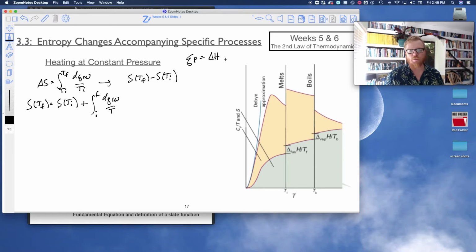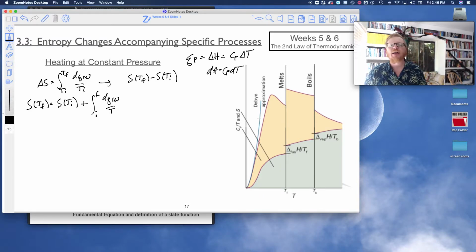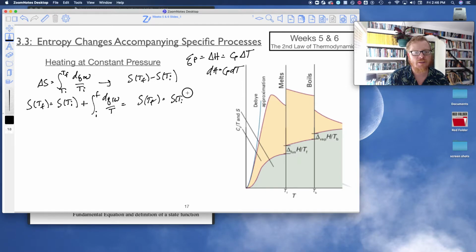And we also know, if I can keep going with this, that that also equals Cp times delta T, okay? Or, in other words, dH equals Cp dT. So just remember, heat delivered at constant pressure is called enthalpy, which is also the constant pressure heat capacity times dT, okay? So I'm going to rewrite this expression now as S T final equals S T initial plus, and then now,